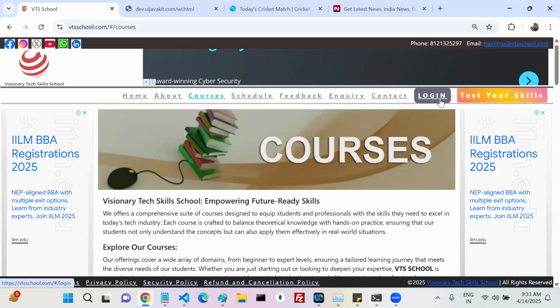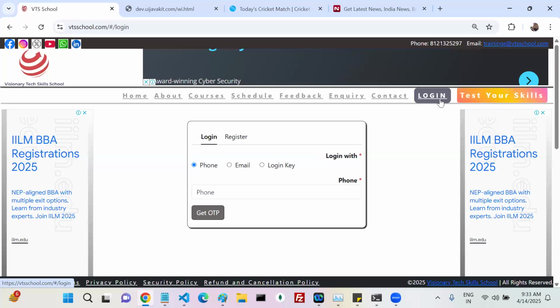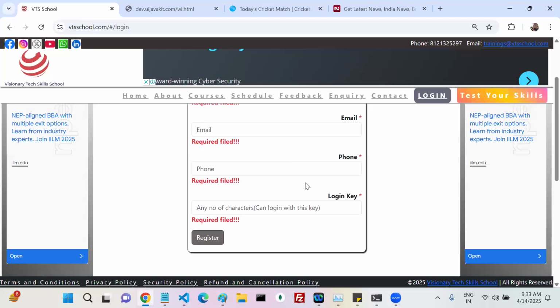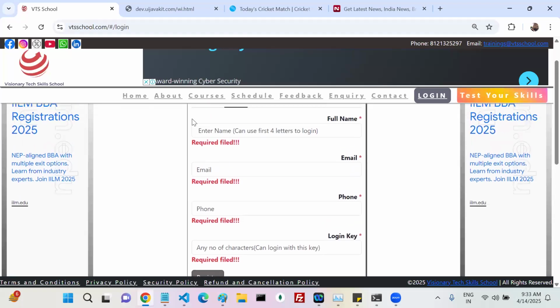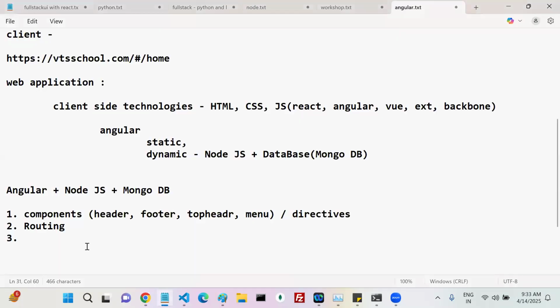The next one, I already know the routing and everything. Now at the time of clicking on the login button, if I enter email or whatever it is, or at the time of clicking on the register button, now see, you are creating this particular form with some validations or not? Yes or no? So in Angular there is one concept, the forms concept. By using that concept we can create forms and we can validate those forms. Got my point?